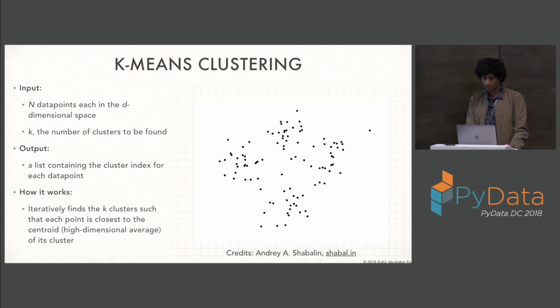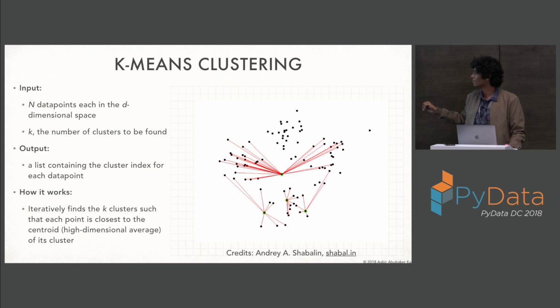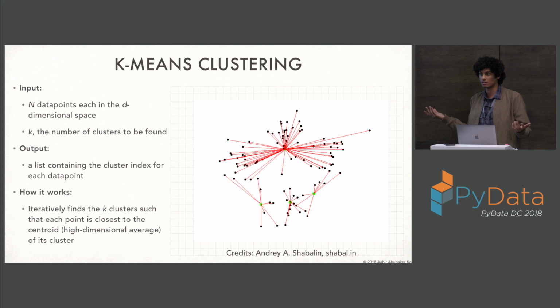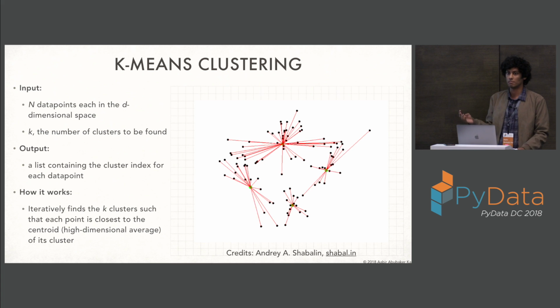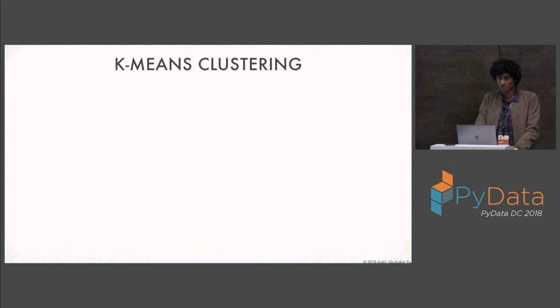I'm not going to run deep into the math. So these are the 4 initial clusters, the green points. And it looks at the points that are closest to them, finds the centroid of all of those points, and says, OK, that's our next center. It keeps doing that until some sort of convergence and says, OK, based on these 4 converged points, I can identify clusters based on what points are closest to them. If this sounds simple, that's because it is. But it turns out to be extremely useful.